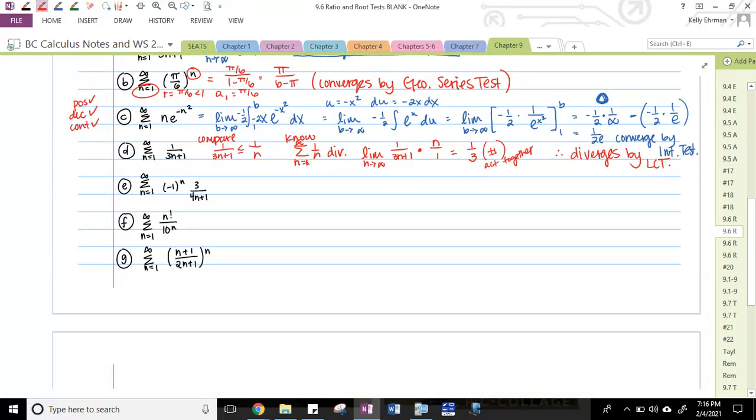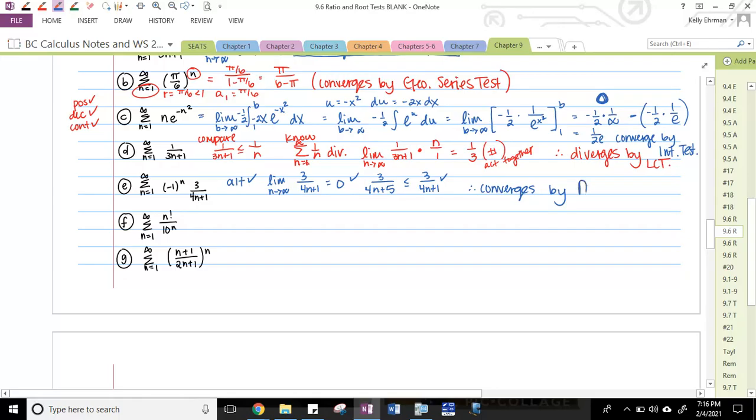All right, I see something alternating, so I'm going to try alternating series test. Is this alternating? Yep. Check the nth term test. Are the terms approaching 0? Yes, they are. Are the terms decreasing? 4n plus 1 would be 4n plus 4 plus 1. That's definitely less than or equal to 3 over 4n plus 1. Yep. So this series converges